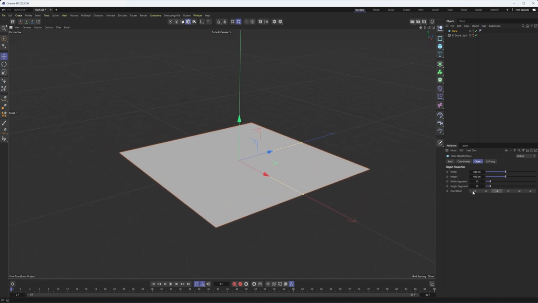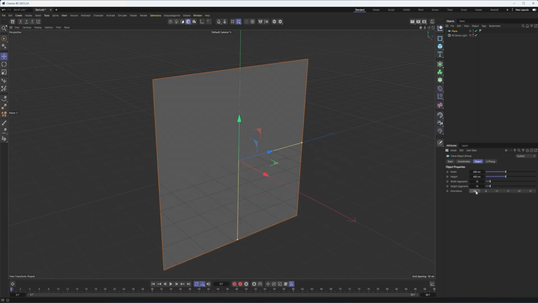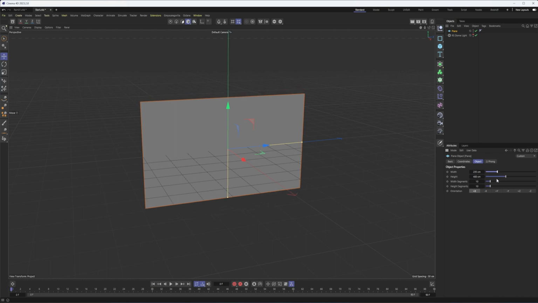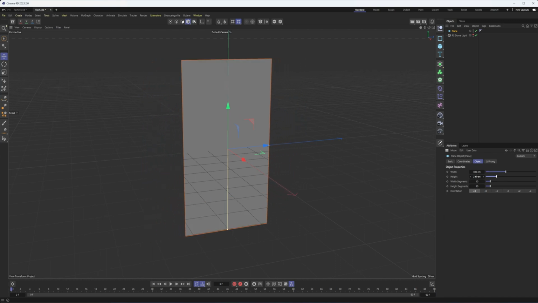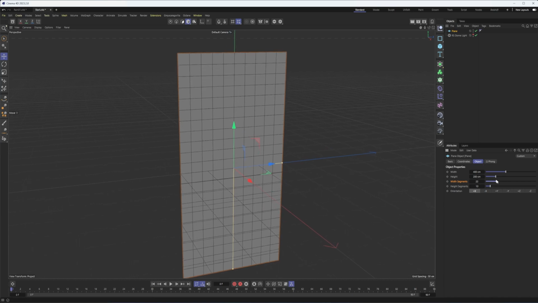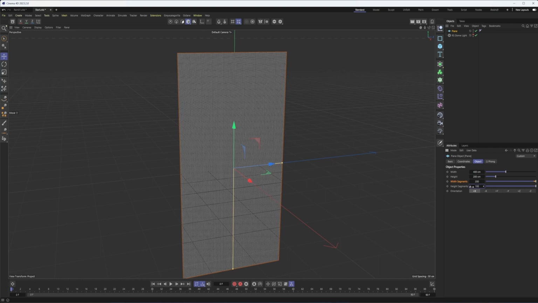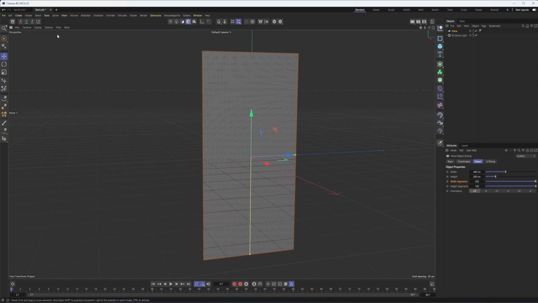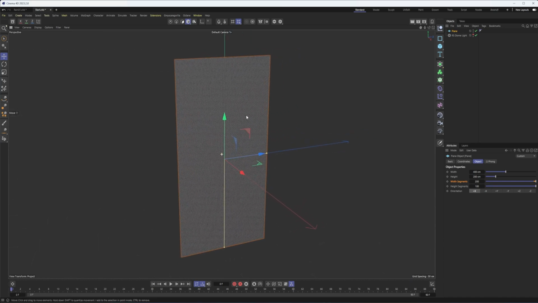I just created a plane. I'm going to change its orientation to positive X and make the height half the width. And that will help with the proportions with the number of segments here, because I do want to keep these square because we are going to be using a vertex map. And so here, let's just do 200 and 100. All right, to get us started with our little squares there. So there's kind of our basic window. I'll also hide our work plane because it was bothering me.